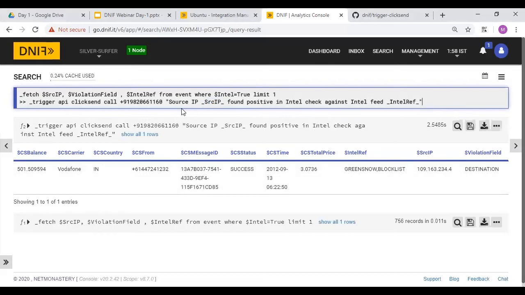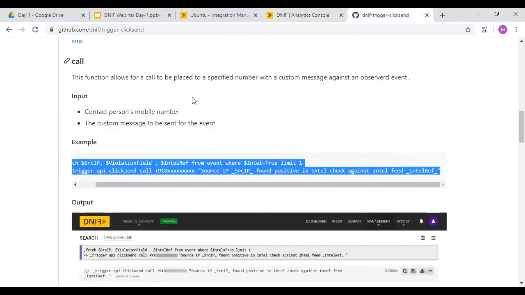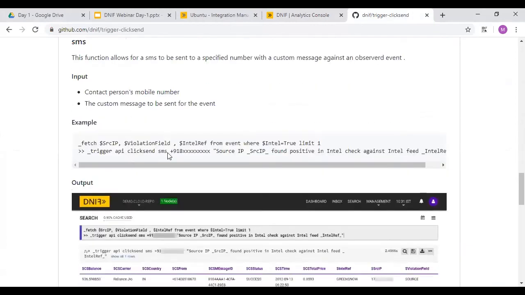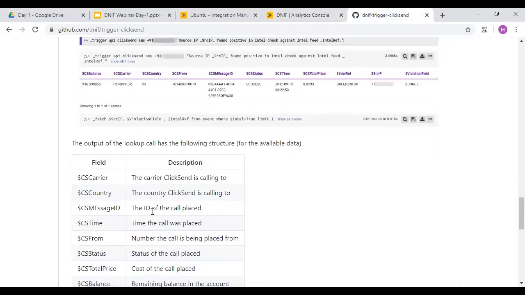At the same time, if you want to have more features like sending a video call, sending an IoT, these are the functions which are created and you can also customize them for your environment. Instead of this, if I provide you the next function, that is called an SMS, this is going to give you an SMS for the information. The person will get the same sentences in the SMS format.